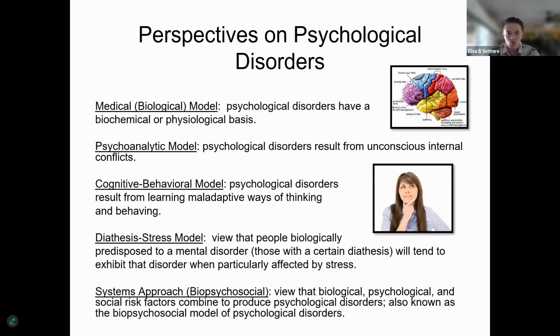Before we jump into the disorders, very common to talk about the different perspectives or models of these disorders. And these are ways of kind of framing or viewing them through a certain lens. So each disorder has kind of common culprits as to what might cause it, how we might approach treating it. And those culprits can be viewed through the lens of these models. So we have a couple of different perspectives, like everything else in psychology, tons of different theories and models. And some of these are going to explain different disorders a little better